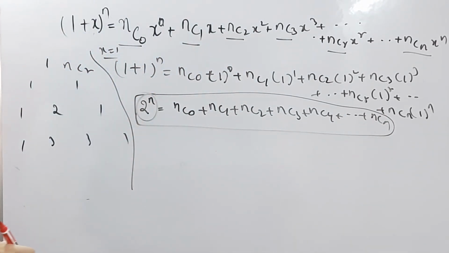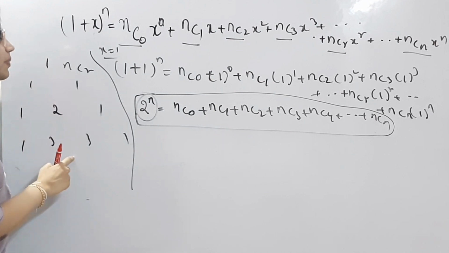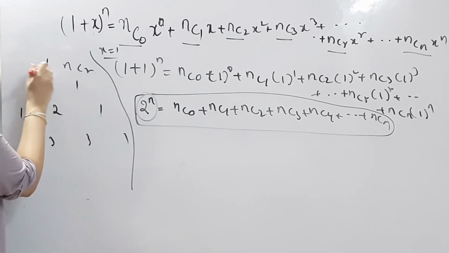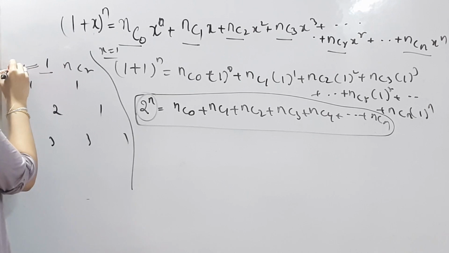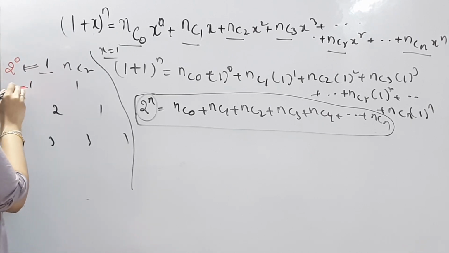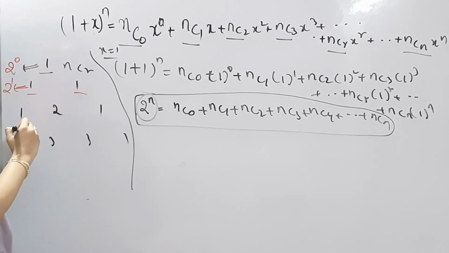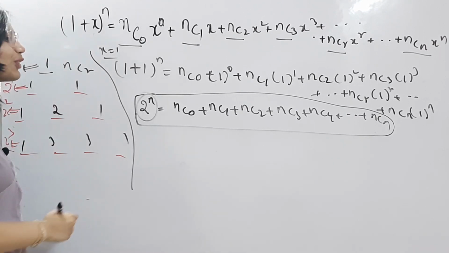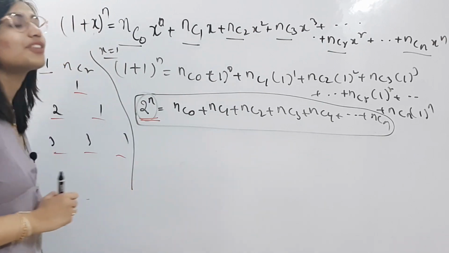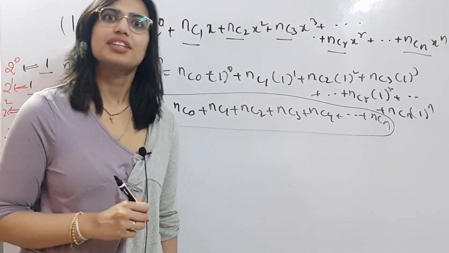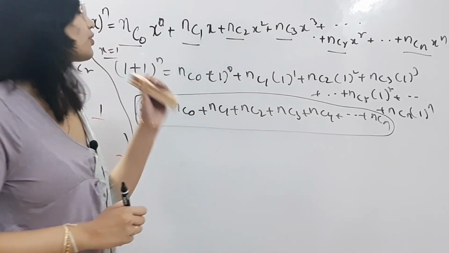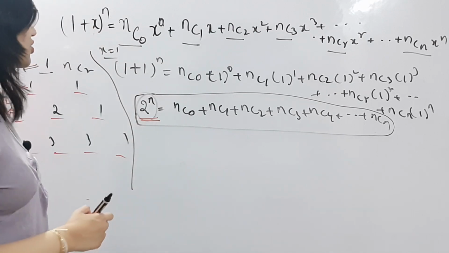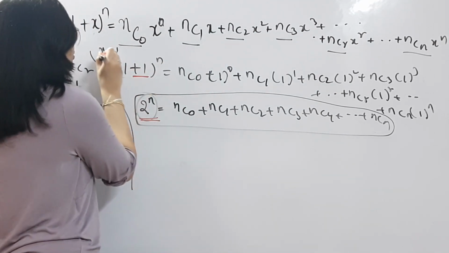This is valid if you see Pascal's triangle also. 1. How can we represent 1 as 2^0? 2^1 is 1 + 1. Second row, third row is 2^2: 1, 2, 1. 1, 3, 3, 1. 2^3: 1, 3, 3, 1 is 6 + 2, 8. So, 2^n is the sum of the binomial coefficients in binomial expansion (1 + x)^n. Okay. So, this is when I put x as 1.